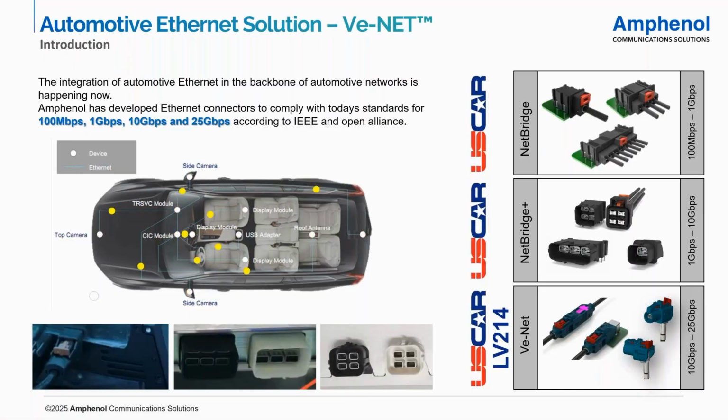What is our history in automotive Ethernet? Amphenol started off in 2018 with building the first NetBridge, a 100 megabit to 1 gigabit. At that time, all suppliers who built those connectors had different types of interfaces. This was a rather big connector. At the same time, we already understood that the connector has to be downsized to fit in future applications, and